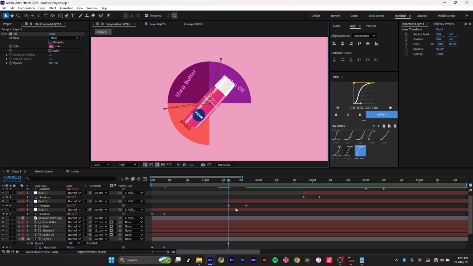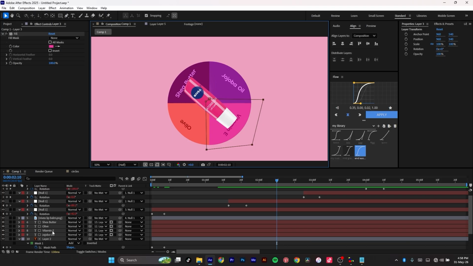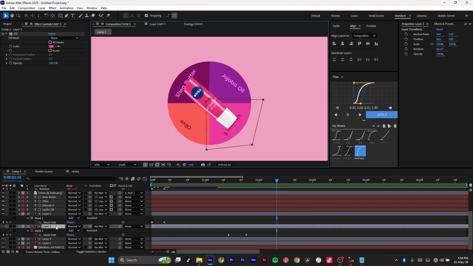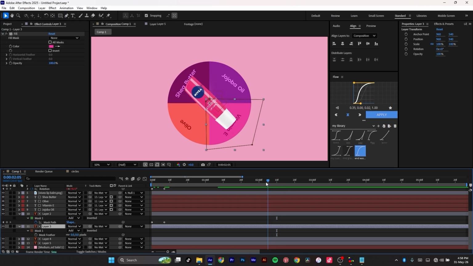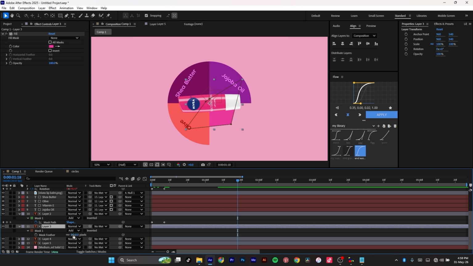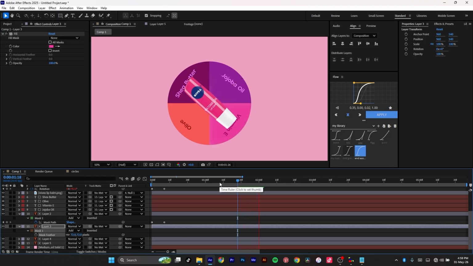Okay, so we're gonna add some feathers. Okay, this is enough. Add some feathers, and over to the next one, we're gonna add a keyframe to the